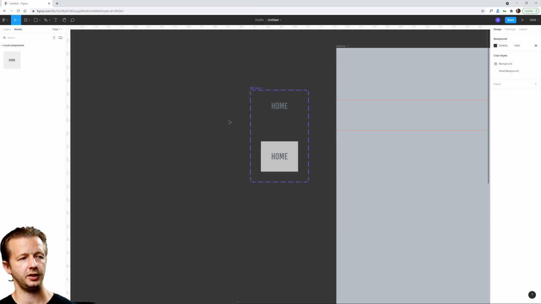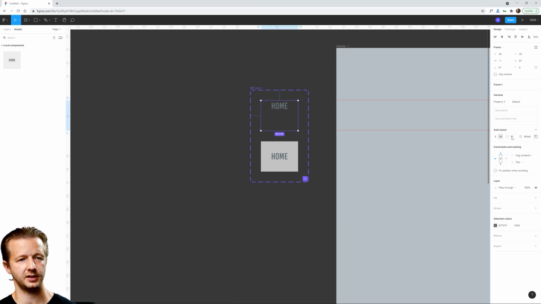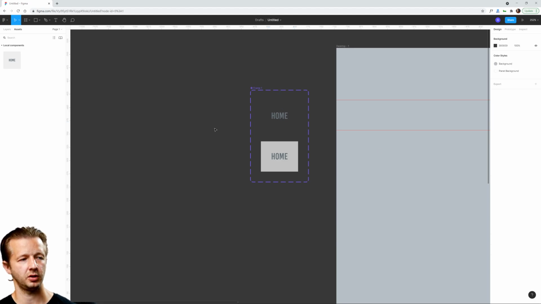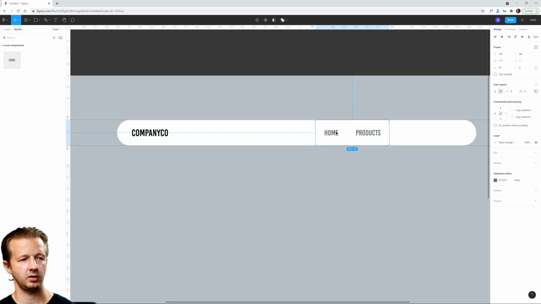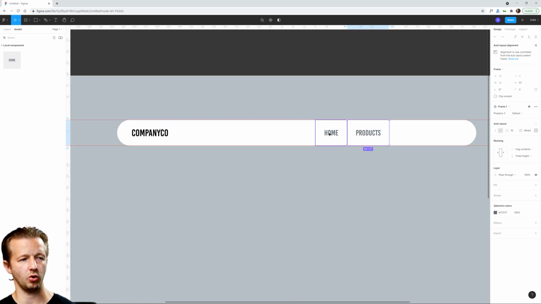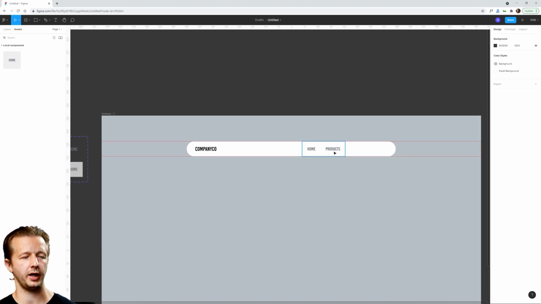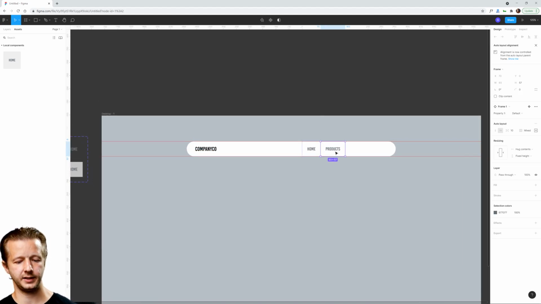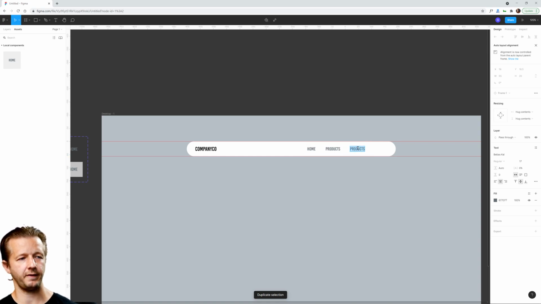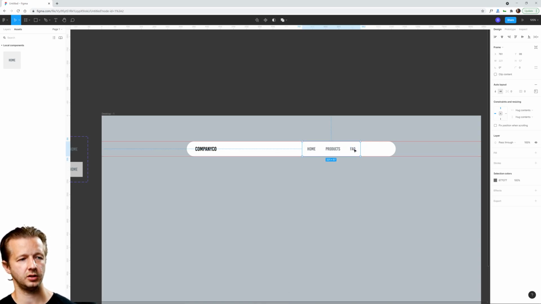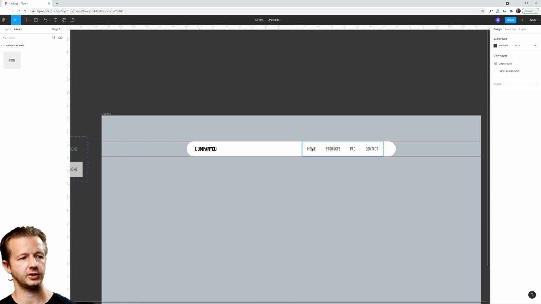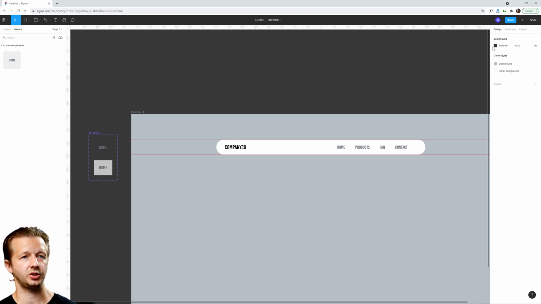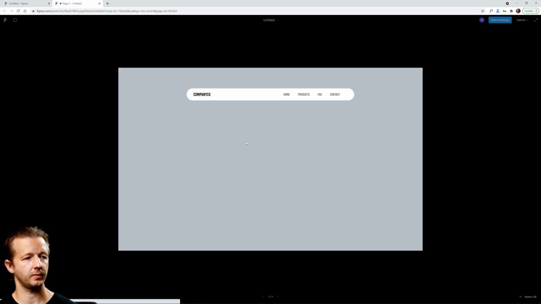Then what we can do is select the actual component itself, come over here and choose to align this right to the middle. All right, so now we come back, and we'll see that these are now working as such. All right, so home, products, we'll duplicate this again. We're gonna have a FAQ, frequently asked questions, and then maybe a contact. So what's cool is, now we should be able to play this and,